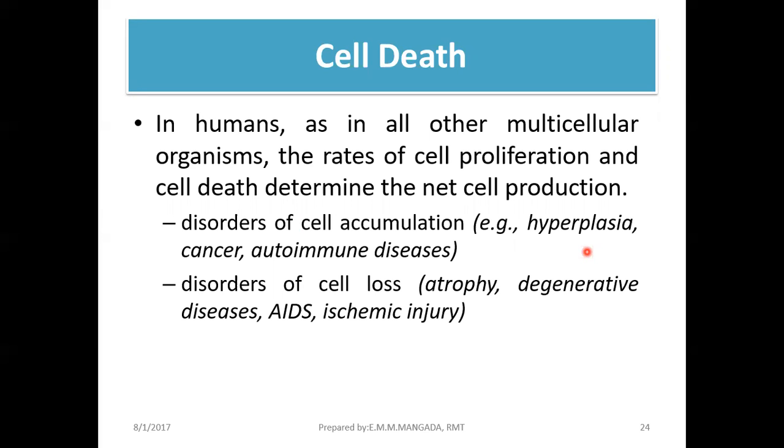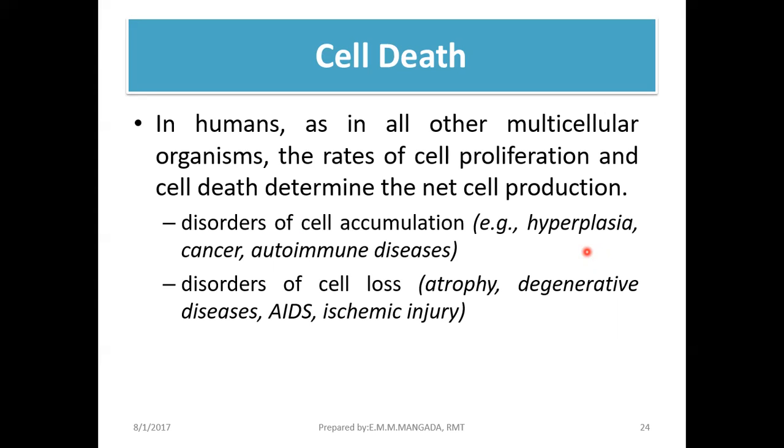Okay? So yung mga cancer cells natin, ano nangyari? Nagkaroon ng problema dun sa normal na apoptosis na nangyayari, hindi namamatay yung cell, instead dumadami sila, yung mga abnormal cells. At yun ay characteristic ng mga cancer cells natin. And for disorders of cell loss, example, atrophy. Atrophy of disuse. Degenerative diseases,